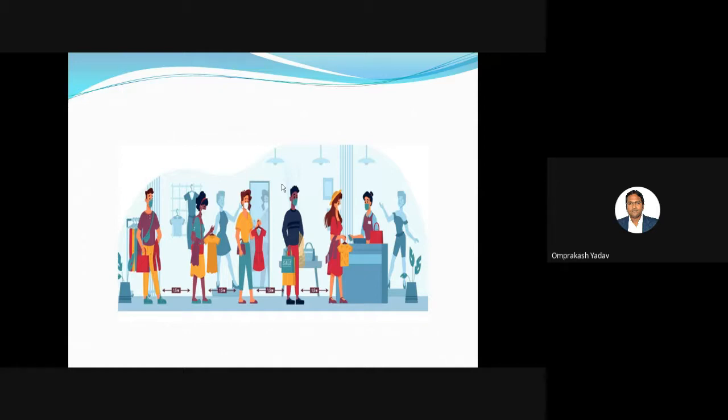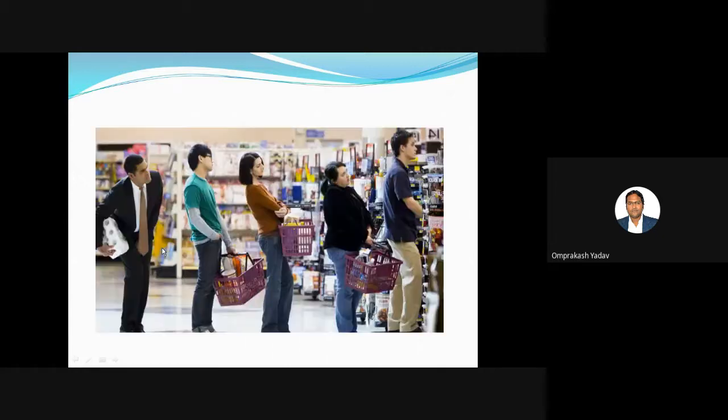If the long queue is there, for example, if we see how he is standing over there, if we see the next example, see how he's looking. He is just seeing when this queue will get over, and it is possible that he is not going to wait over here. After one or two customers, he will definitely leave from here. He will just keep the product and leave from there. So many people are like that. They try to buy, but after seeing the long queues over there, they will definitely drop that plan.